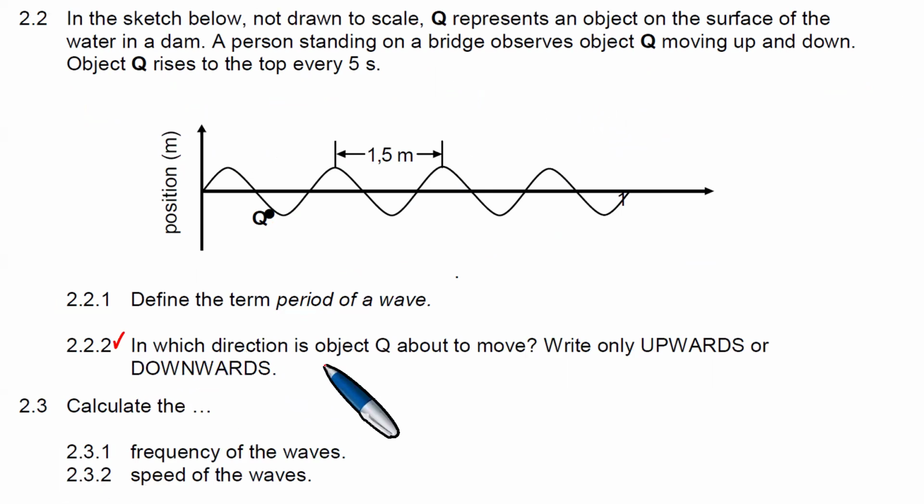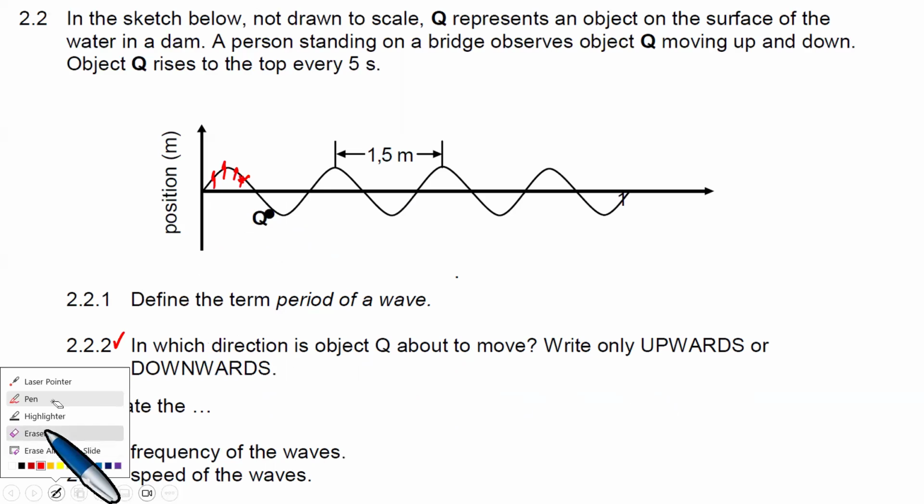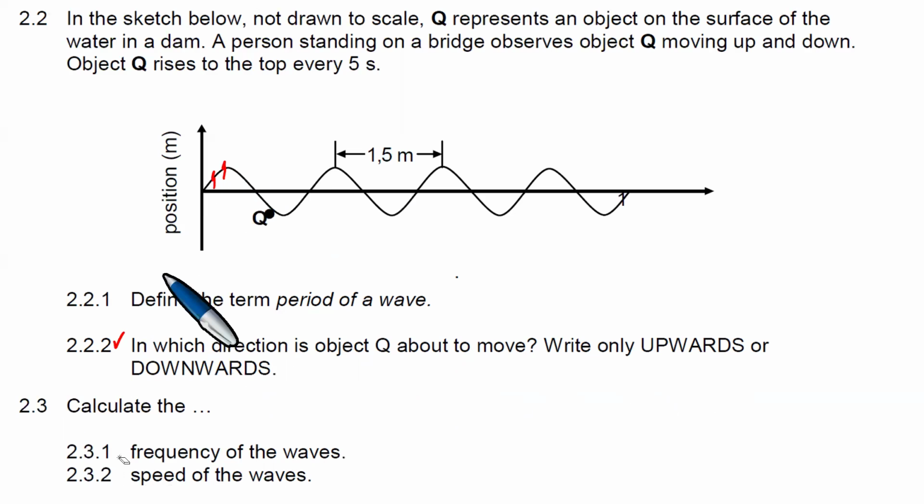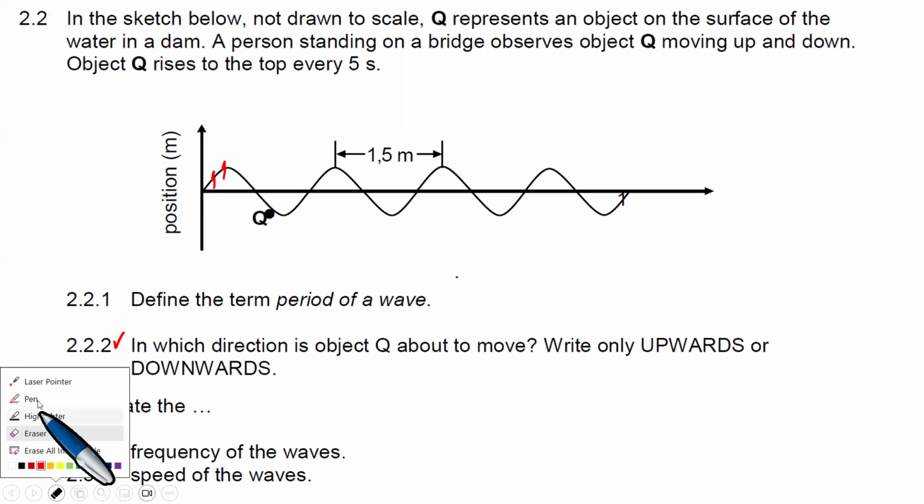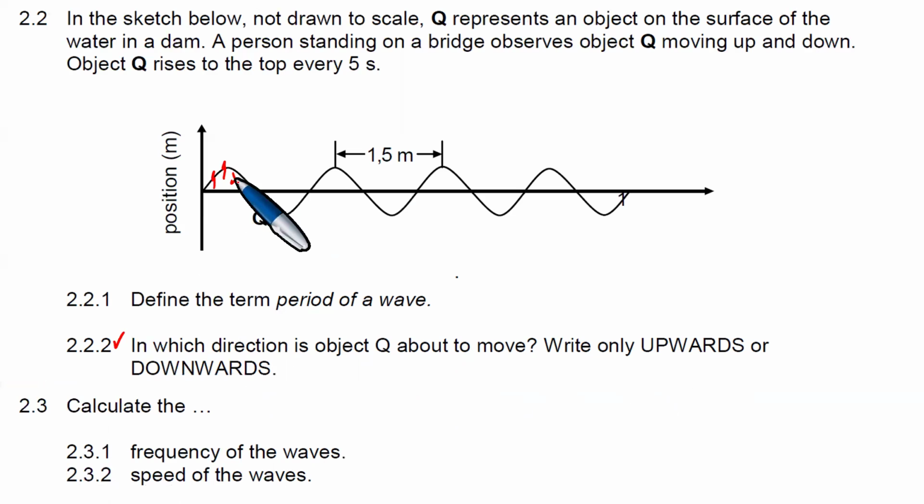2.2. In which direction is object Q about to move? Right only, upwards, or downwards? Upward. Okay. Because it's moving like this, and then here it is already moving down. So it's moving upwards, upwards, upwards until it reaches the turning point. At the turning point, it starts moving down